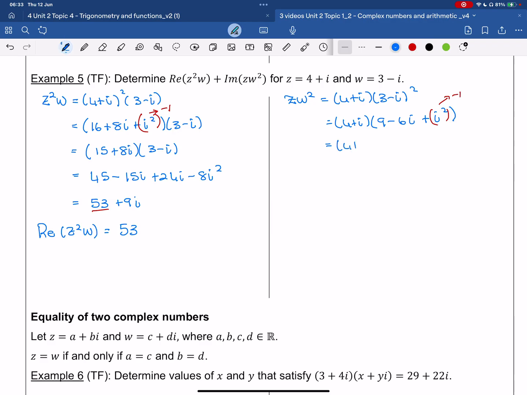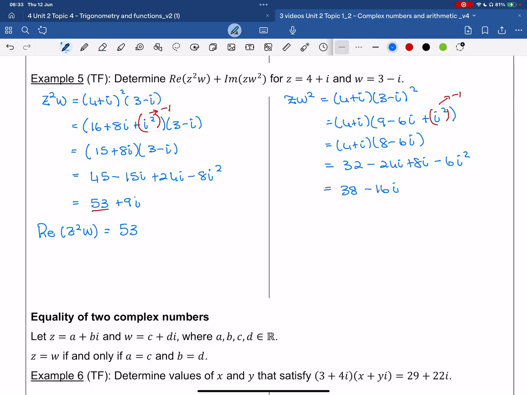So (4 plus i) times, 9 minus 1 is 8 minus 6i, and now I can expand that. So 32 minus 24i plus 8i minus 6i squared, and i squared is -1, so that becomes 32 plus 6, which becomes 38, and minus 24 plus 8 is